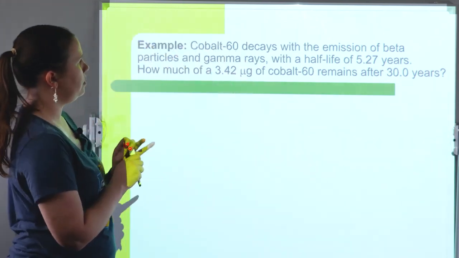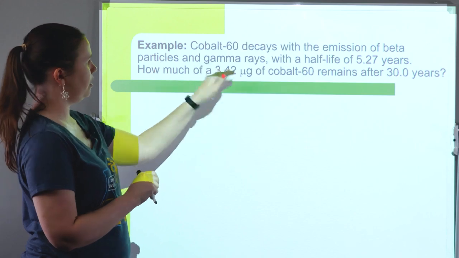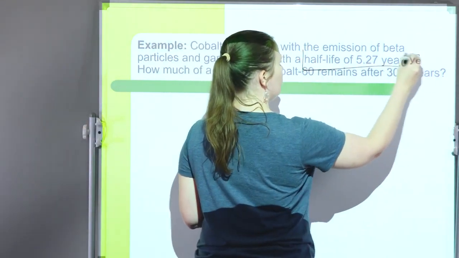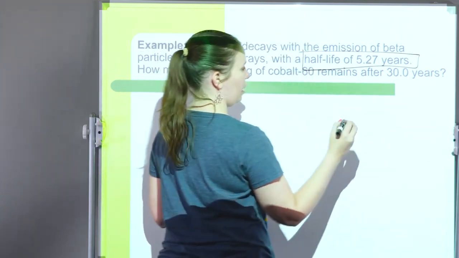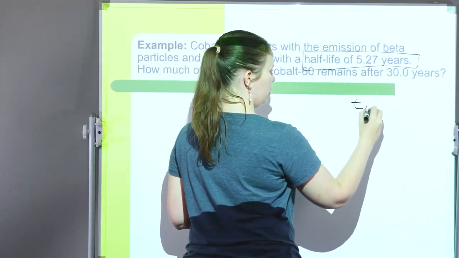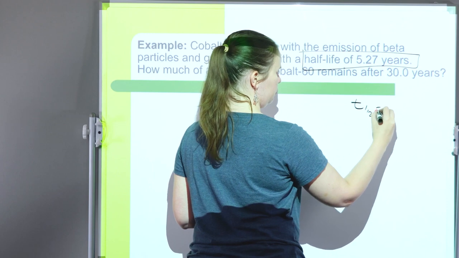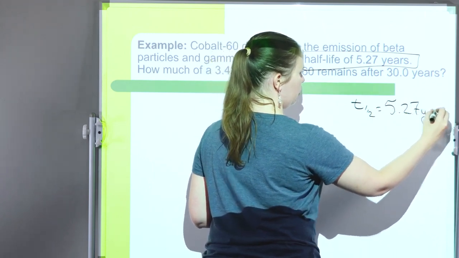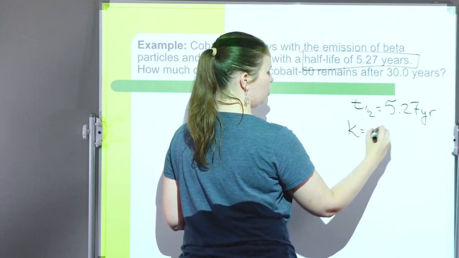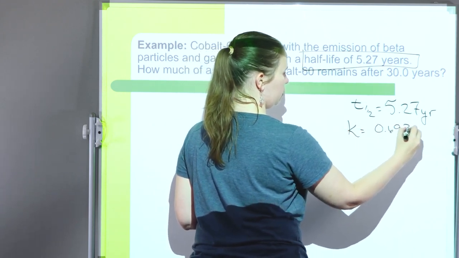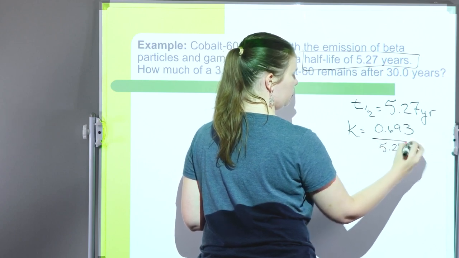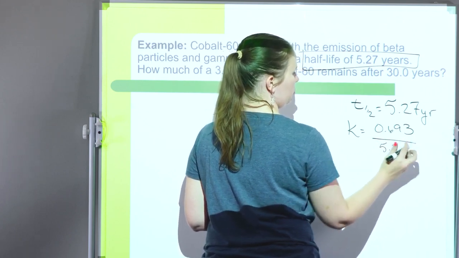So I have cobalt decaying, emitting beta particles and gamma rays, and here I see my half-life. So whenever I'm given half-life, I know I can find k. So I'm going to use the T1/2 equal to 5.27 years. So k is equal to 0.693 divided by the half-life of 5.27,